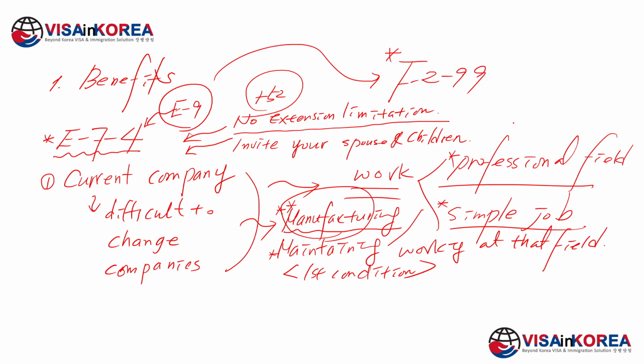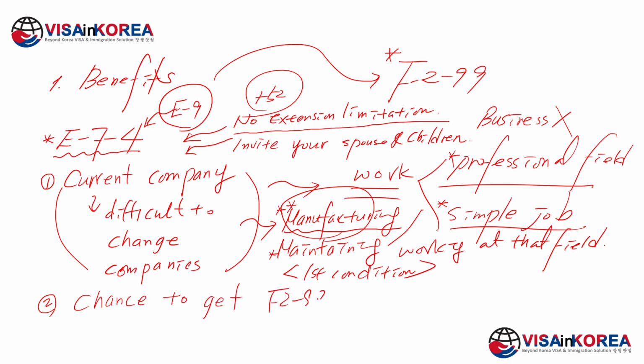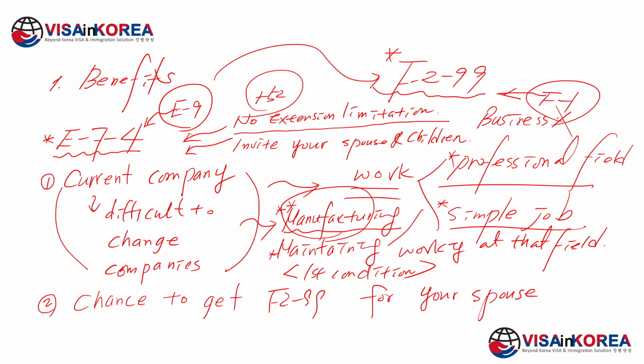But as I told you, the business is not allowed. Not allowed. But the second one, what's the benefit? That you can change it, right? And the second one is, there's a chance to get F-2-99 for your spouse. If you change to F-2-99, your spouse's visa may be F1, and F1 is not allowed to work, but